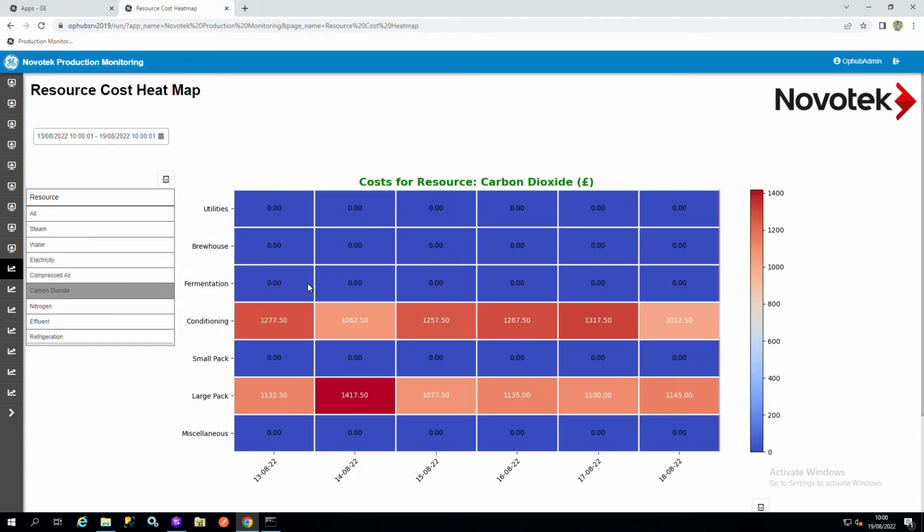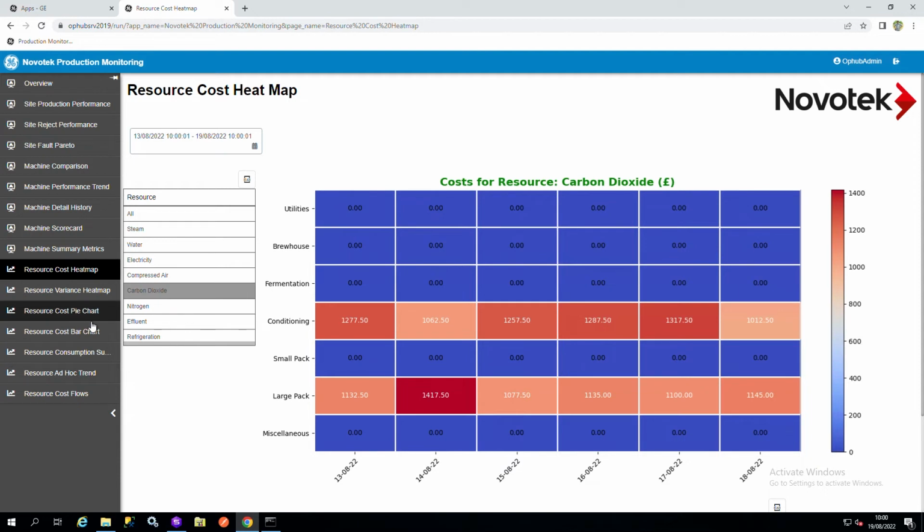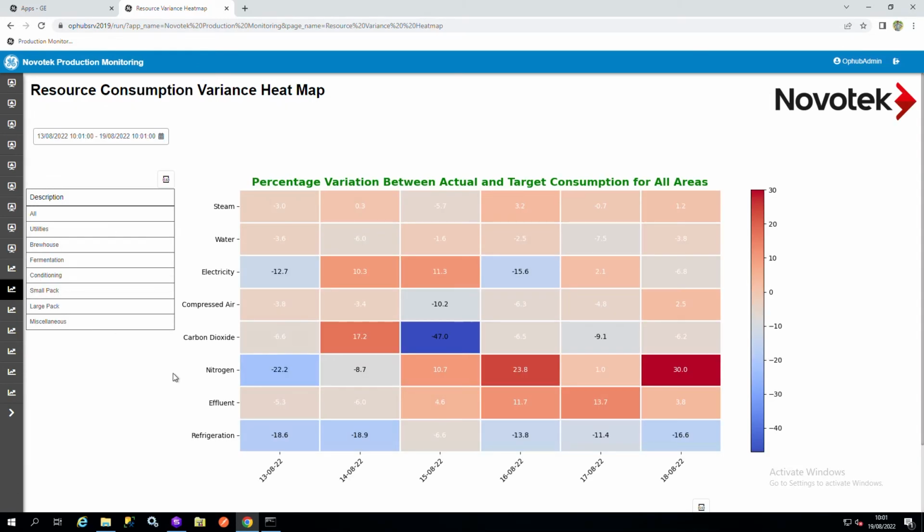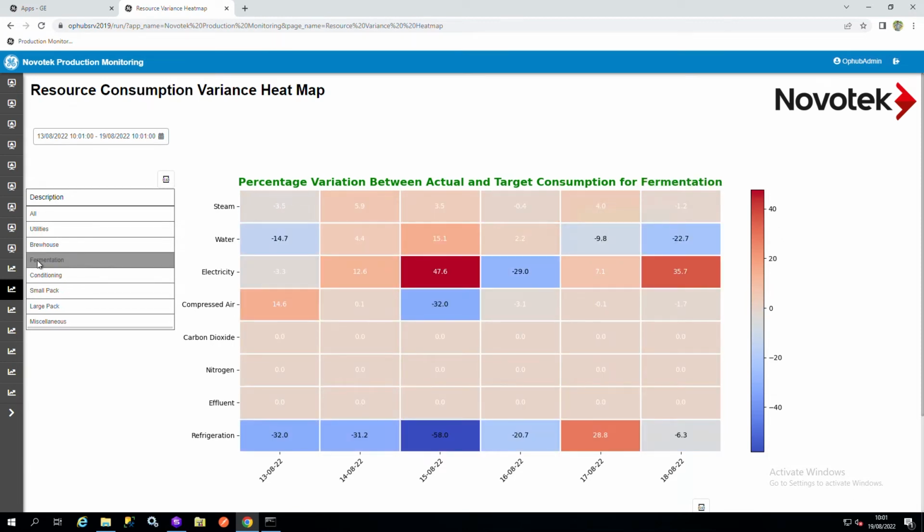So far, so good, and I might construct all of this with nothing more than some fairly raw data streams and that basic model that I've spoken about. But one of the other things that a solution like Operations Hub can let us do is bring in other types of data to inform some of the calculations or presentations we might want to do. That might mean, for example, putting some cost indexing information under the bonnet as well, so that if I have changes in the rate that I'm paying for different resources over time, and I can relate those to the streams coming in, then suddenly I'm in a position to build this kind of heat map